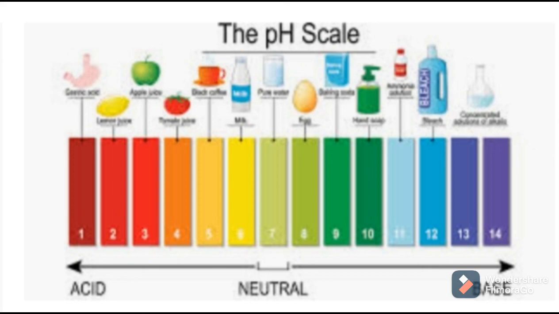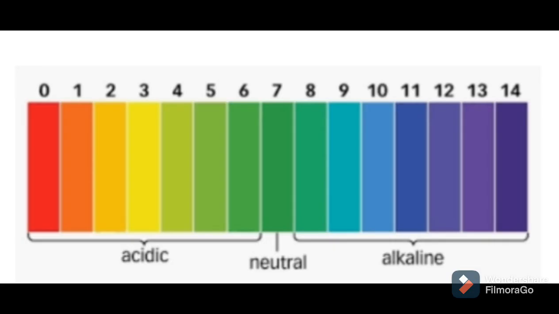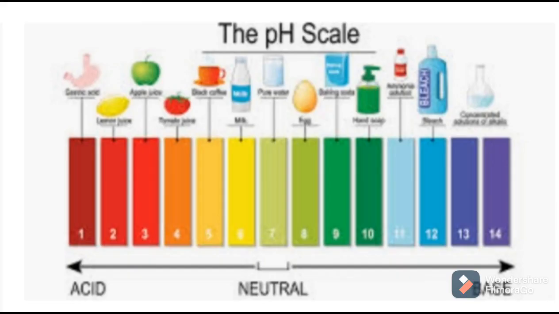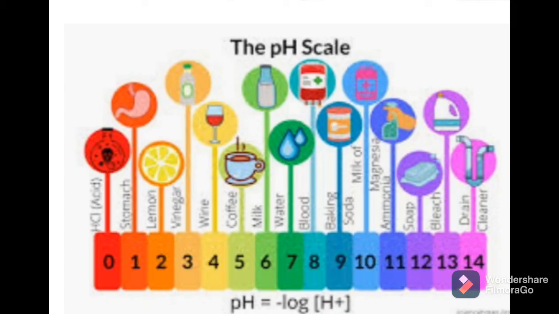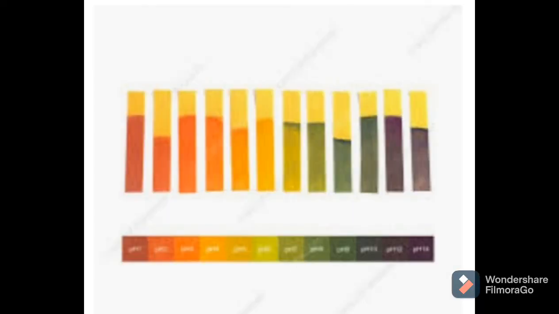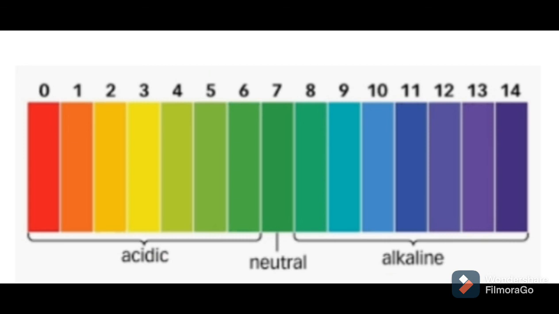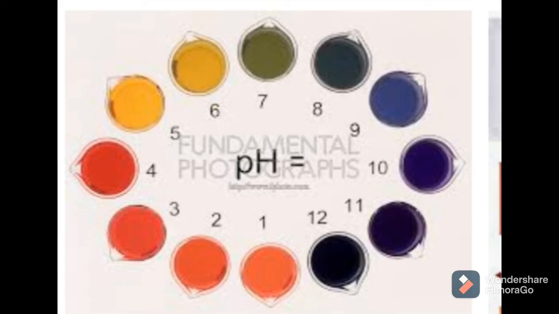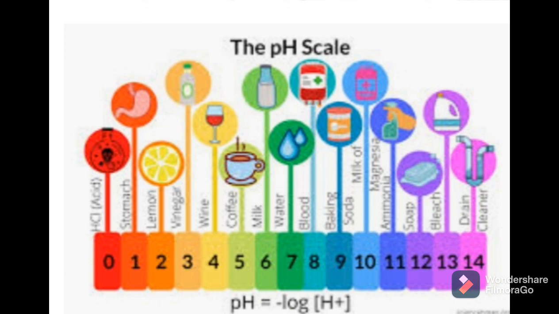So today we have discussed the pH scale. This pH scale ranges between 0 to 14, and there are different shades of colors in between. You can see in the diagram, all the shades of yellow, orange, red are for acidic solutions. All the shades of blue and purple are for basic solutions, and when the color is green, then the solution is neutral in nature. So I hope you got all points related to the pH scale and pH range, and different examples also we have discussed. So remember all the examples.